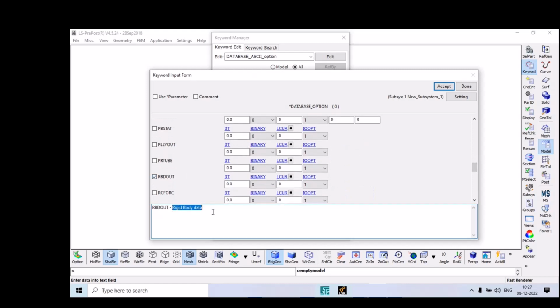Okay, we require rigid body data, or we require resultant interface force. Basically, MATSUM and GLSTAT will contain maximum things that I'm taking separately. That will contain maximum of all those results also. But if something is not available in GLSTAT or MATSUM, that can be added separately